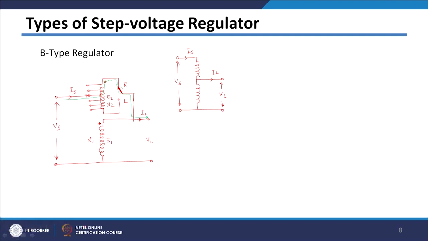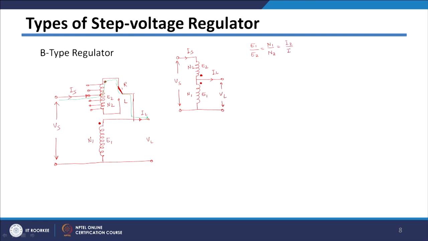So, this is your voltage E1, this is the voltage across this, E2, the number of turns are N2, here the number of turns are N1. Now, you can easily see that E1 by E2 will be equal to N1 by N2, which will be equal to